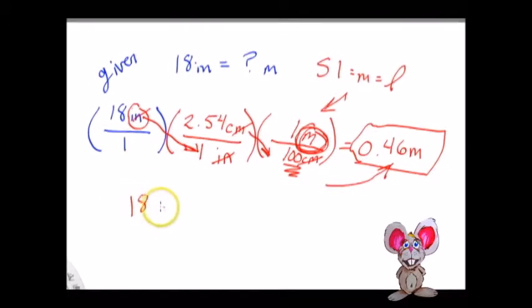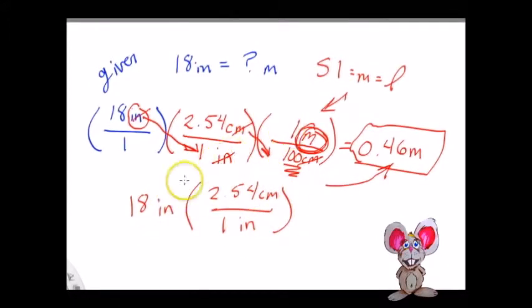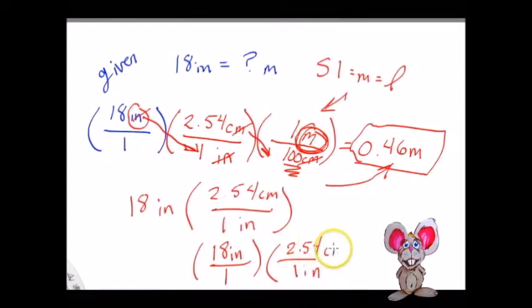A lot of times you'll see people say 18 inches times 2.54 centimeters over 1 inch. The reason I don't do it this way, even though your physics or chemistry book's probably going to show it to you this way, is that in my opinion it doesn't make as clear why that cross cancel works, because 18 inches is equivalent to 18 inches over 1. Why keep these little tidbits out? Why not go the extra step and really explain it to the learner so we can see that we can cross cancel there? Because anything divided by 1 is itself, and that gives it to us in a format that, in my opinion, makes more sense, keeps it simpler, and explains why this is working.